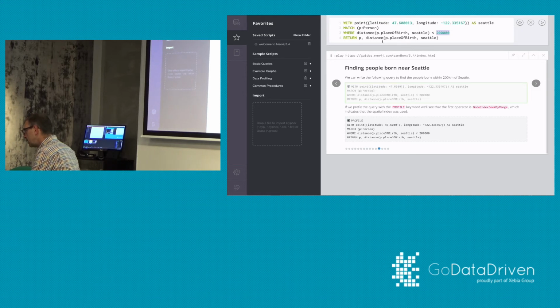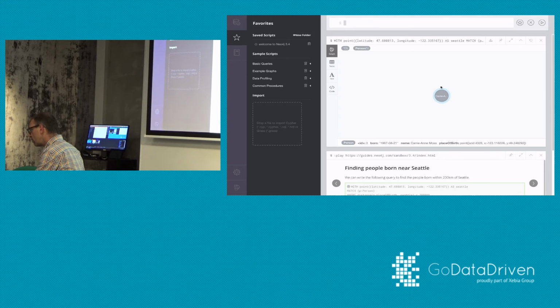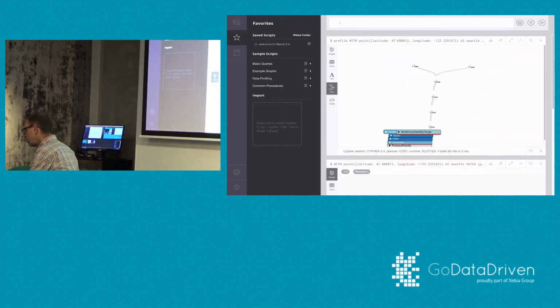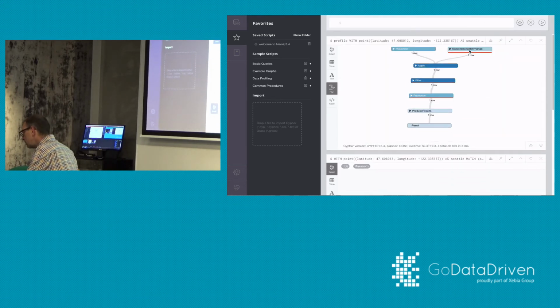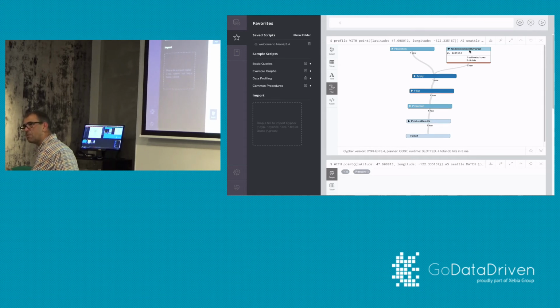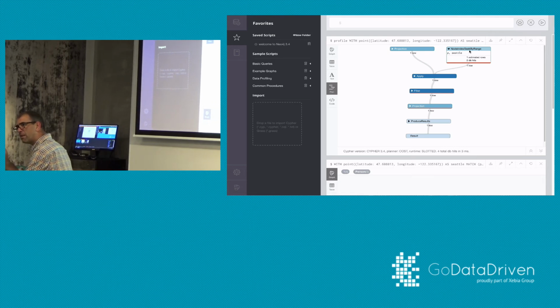Then it will do that filtering for me, and it gives me one person back. And I think if I profile this one, it will actually show me that it uses a specific index for this, which is the spatial index that we put on this particular spatial property.